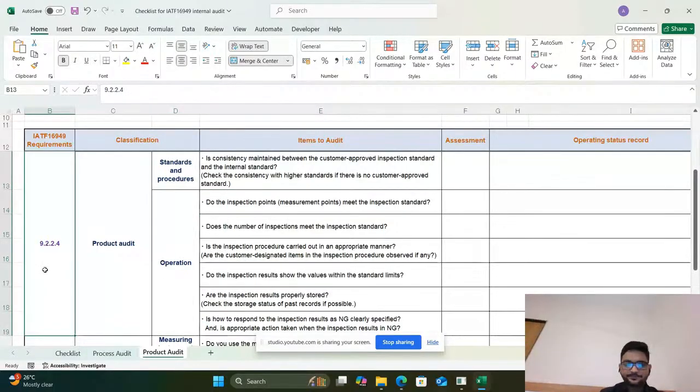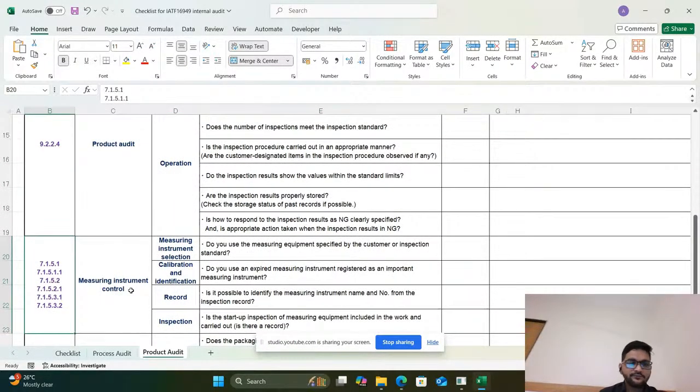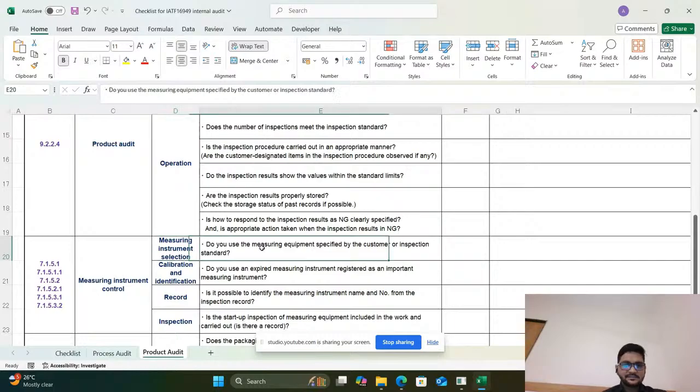Next is clause 7.1.5.1, 7.1.5.1.1, 7.1.5.2, 7.1.5.2.1, 7.1.5.3.1 as well as 7.1.5.3.2. Measuring instrument control. That first is measuring instrument selection. Do you use the measuring instrument specified in the customer inspection standard? We need to check. And second is calibration and identification.